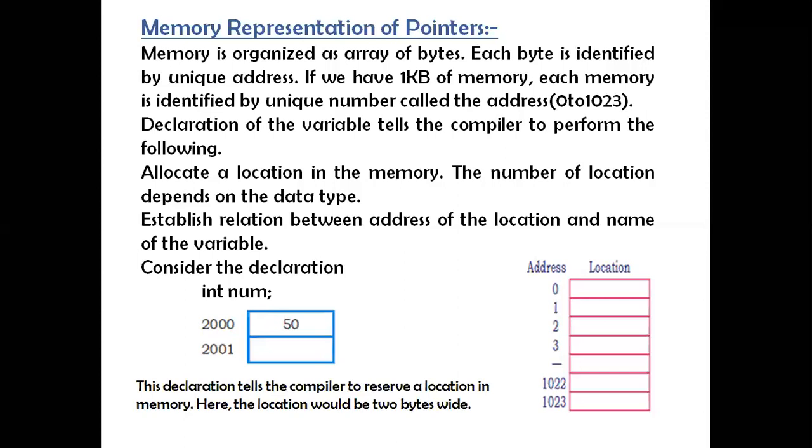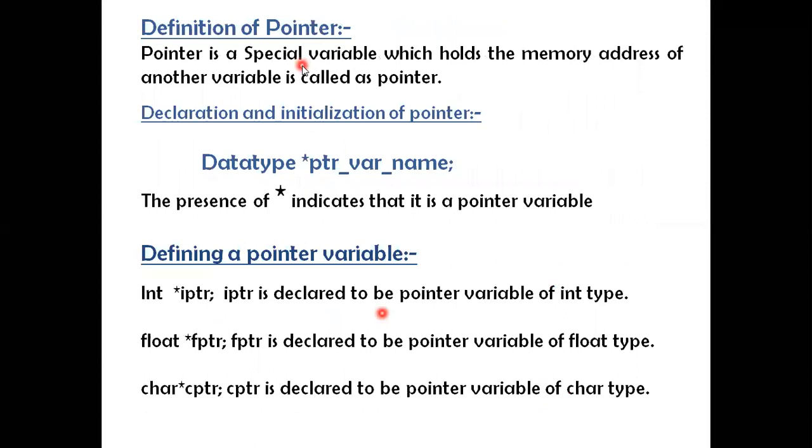This is the memory representation of a pointer. Now I will take you to the definition of a pointer. So far, what is the difference between a normal variable and a pointer variable? We now know that a normal variable can store only a value, but a pointer variable can store the address of the next variable, not the value. Need to remember. Now, coming to the definition of a pointer, have a look at this definition.